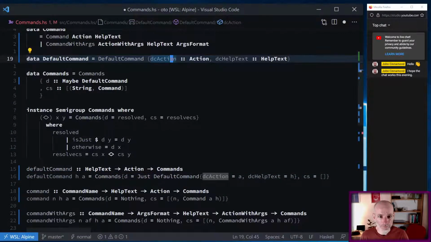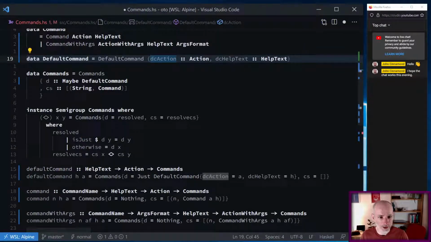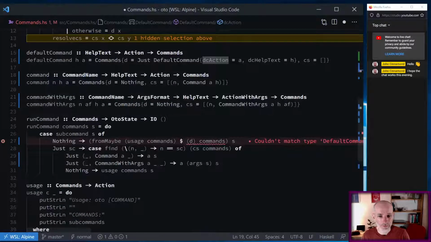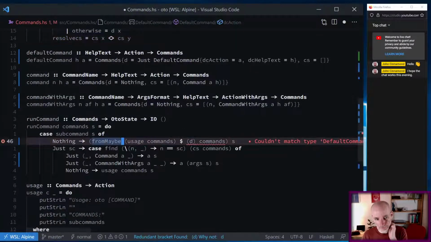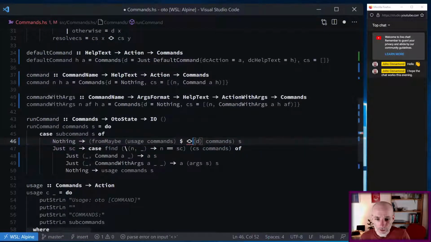It'll get back for me. And then from there, I want to call DC action on it to get the action part out. So what I thought I'd do is call DC action after D. Trouble is D actually returns a maybe default command, and we didn't need to worry about that because we're calling from maybe here. So what we really need to do, I think, is